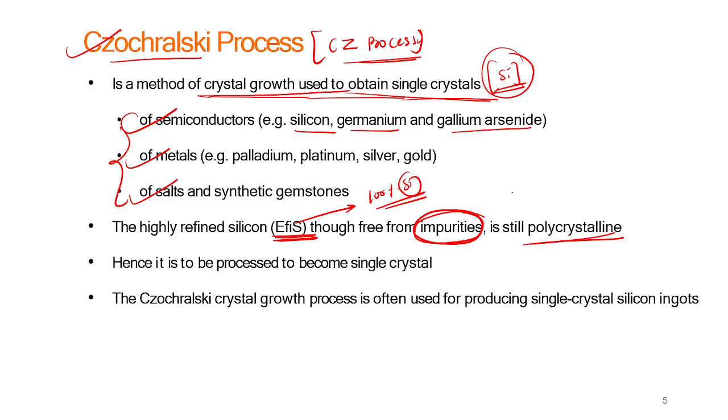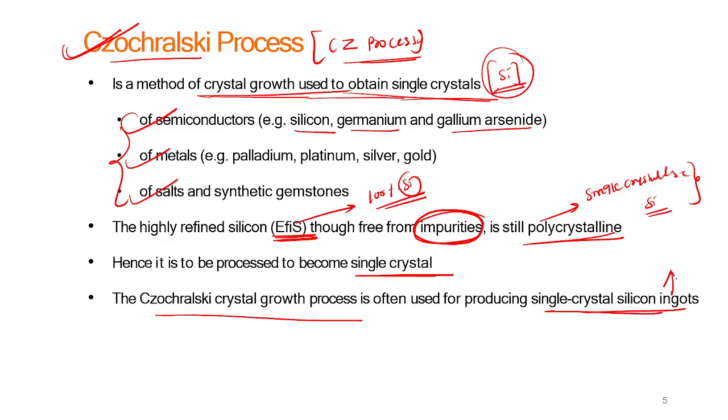In order to make it single crystalline silicon, impurity free, we need to process it to become a single crystal. So you are going with the CZ method, or Czochralski crystal growth process, to produce single crystal